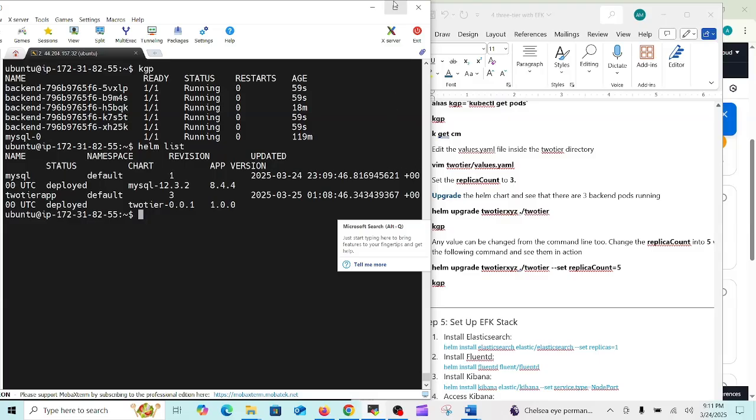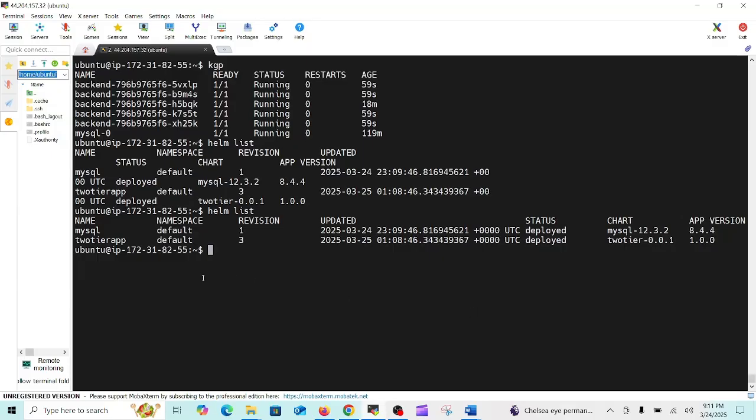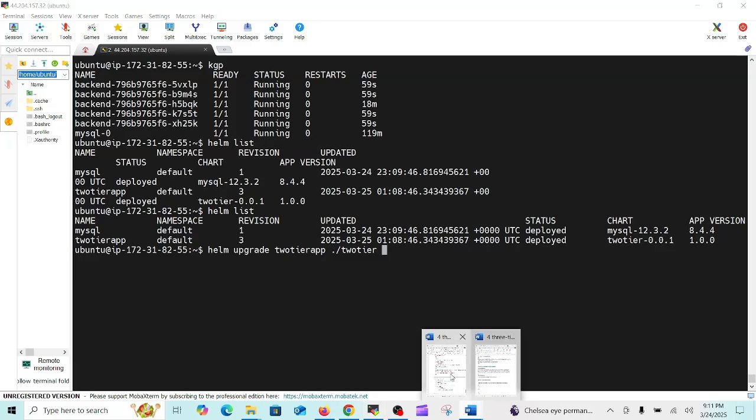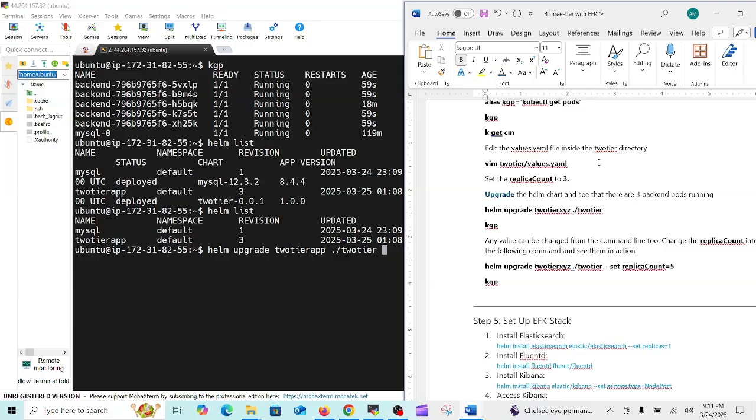Okay, this is the list. So now I have to do the upgrade. helm upgrade, which one? 2-tier-app, then ./2-tier. Then according to our manual, let's see which one is suggested. Our manual suggested that